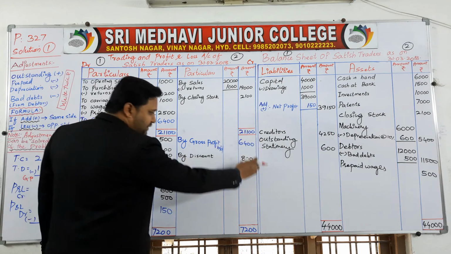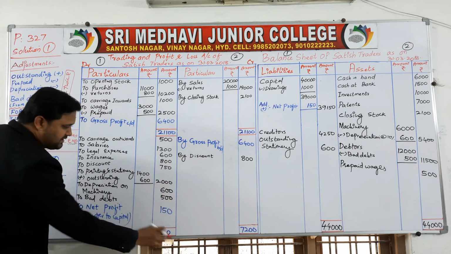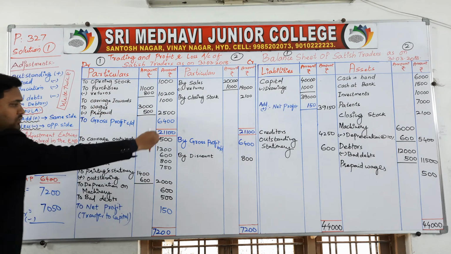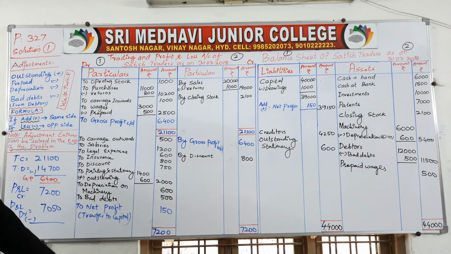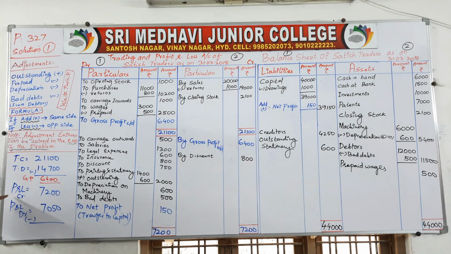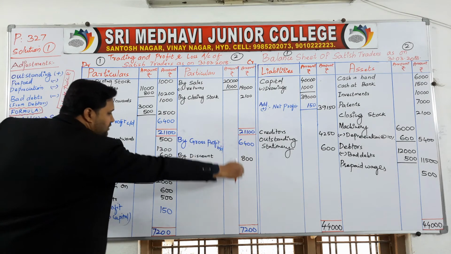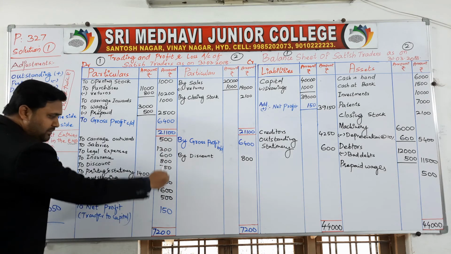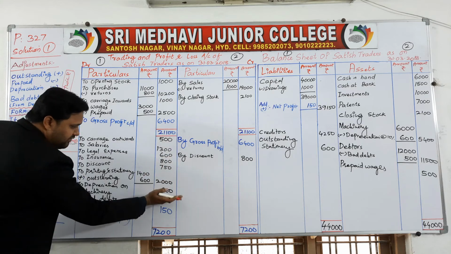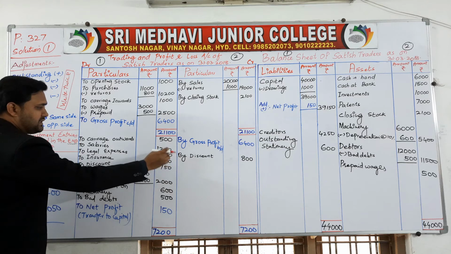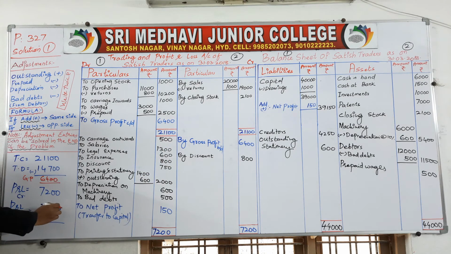Now go for the total of the profit and loss account credit side and the profit and loss account debit side. Total in the sense you have to add all the outer column amounts. Here only two items are there, 6,400 plus 800. Profit and loss account credit side is 7,200. Now this is the total of the profit and loss account debit side. Add all these: 500, 600, 2,750, 800, 600, 1,300 and 500. You will come to know that the profit and loss account debit side is 7,050 rupees.